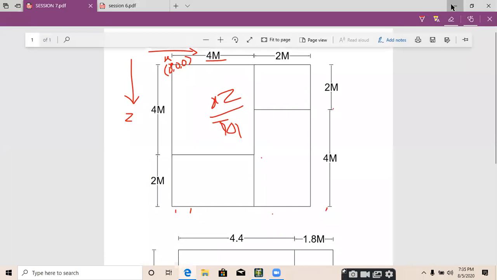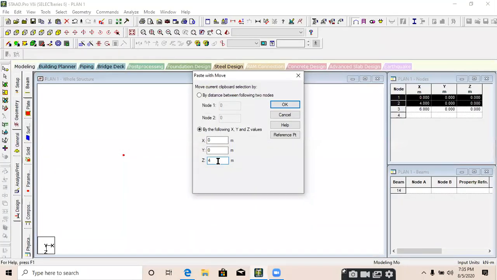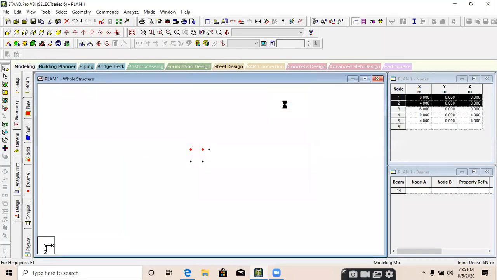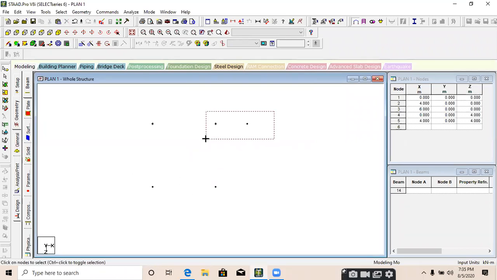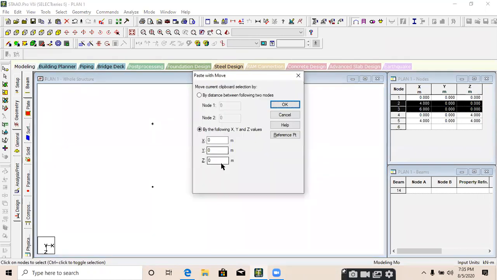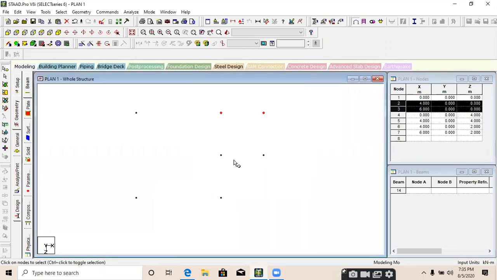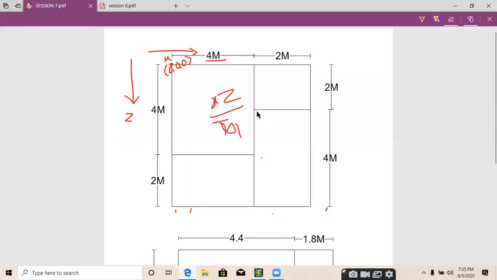Just provide 4 meters in Z direction. Okay, both the nodes are created. Now select both these nodes. Control C for copy and Control V for paste. In Z direction, I'll paste in 2 meters to create these two nodes, this one and this one.